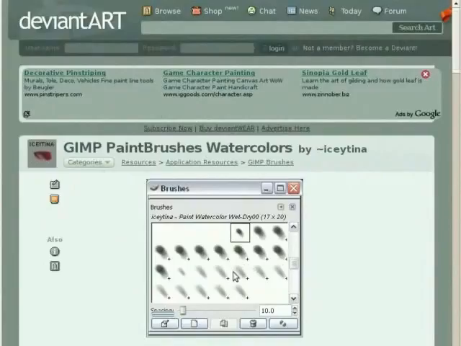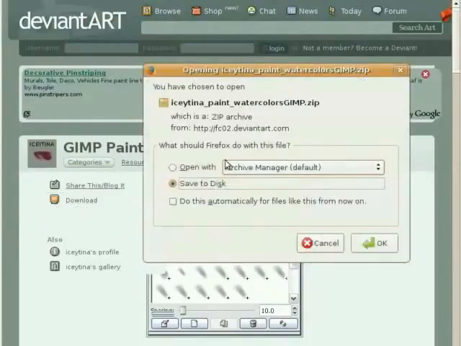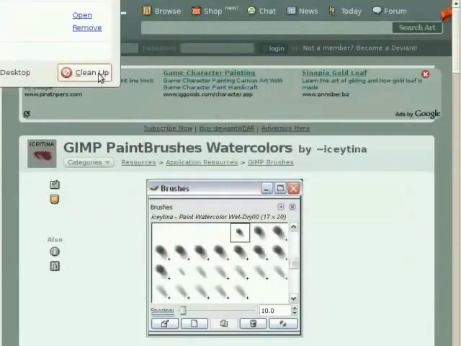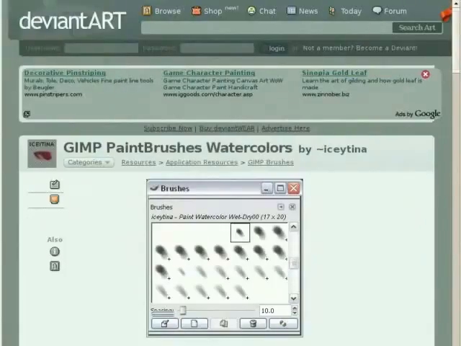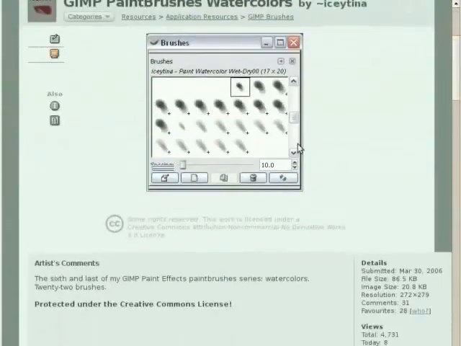Here are the available brushes that ICTina has made, and I can download them by selecting here Download. And I save them to the disk. I have downloaded it to my disk, and I will install them in a moment. So let's look at this page, and you can see